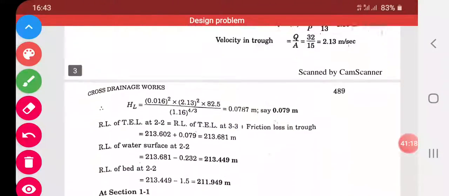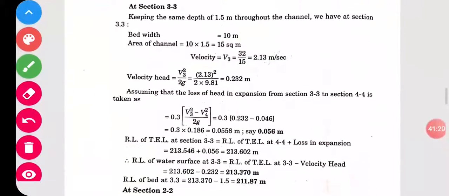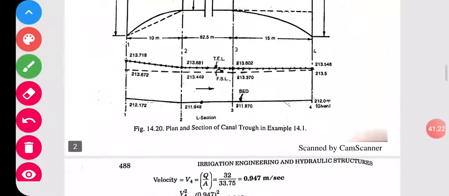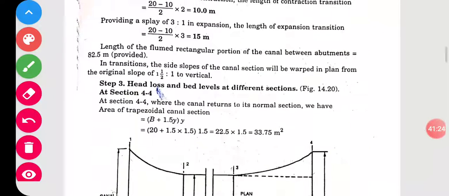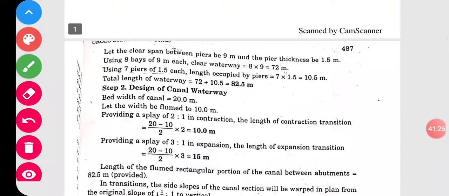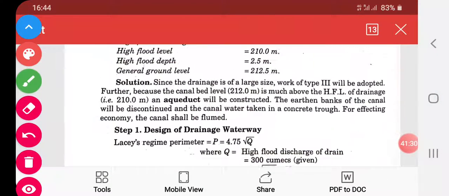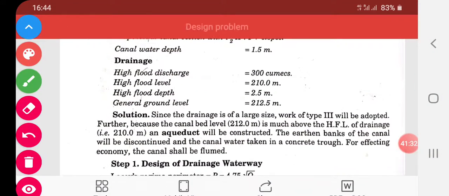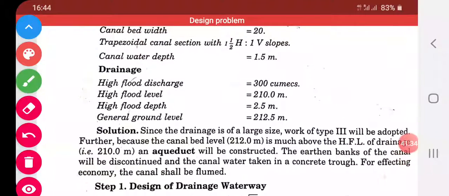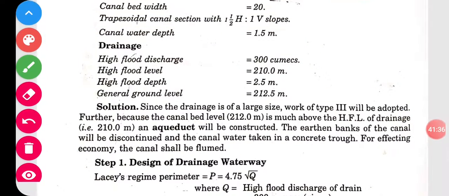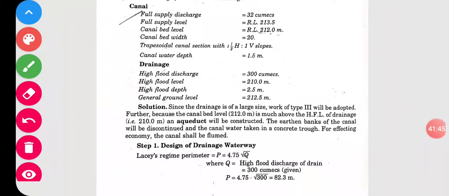Once again I am explaining to you, I have taken this solution from the Santosh Kumar Garg book. It is available on page number 486. If you want, you just refer to the book and see the solution. The solution is not difficult. Only one method, the stereotype method, and a simple formula, but it is lengthy. So very lengthy. All these calculations you have to remember, and you can solve this.